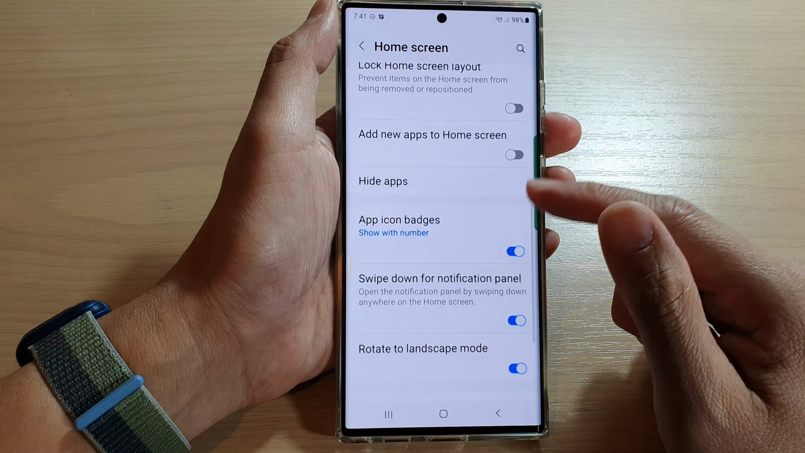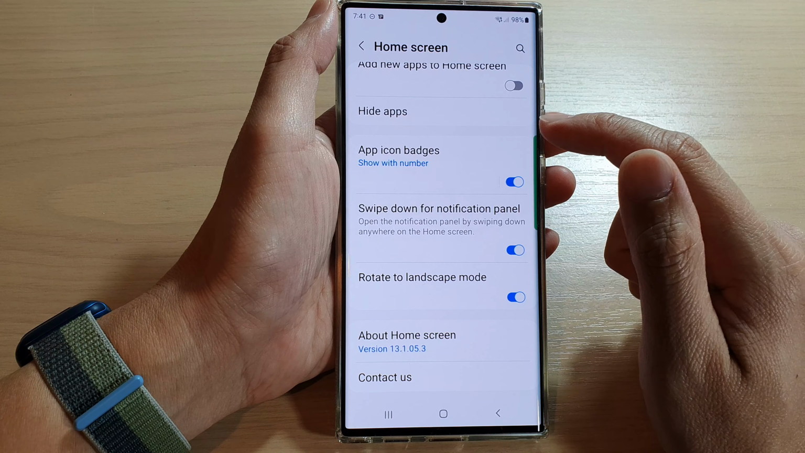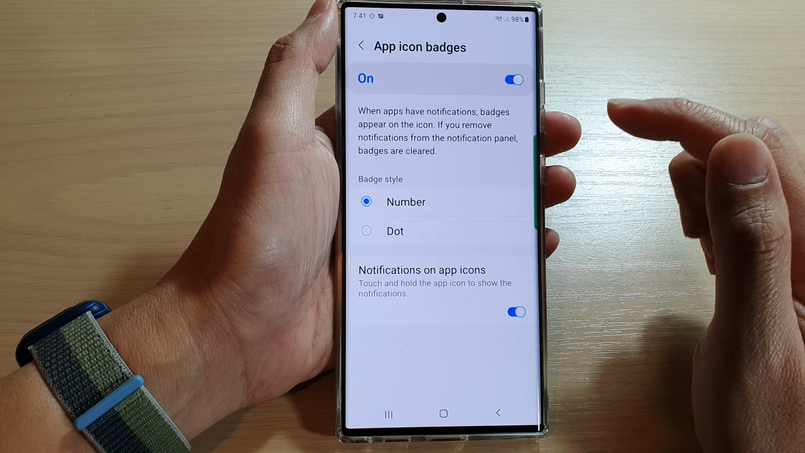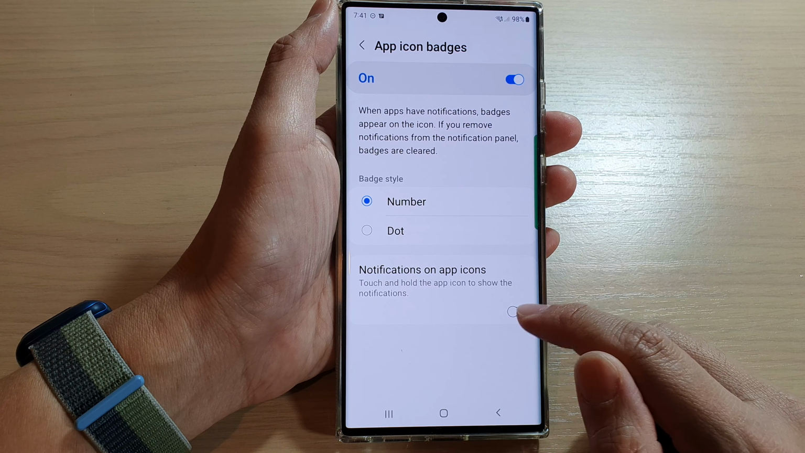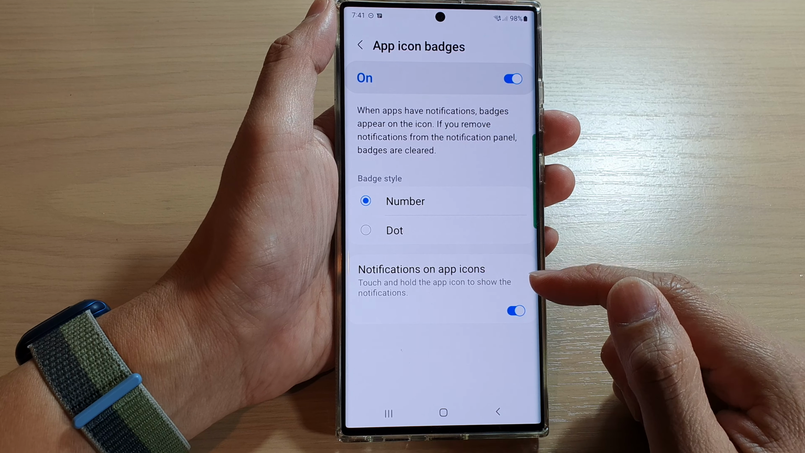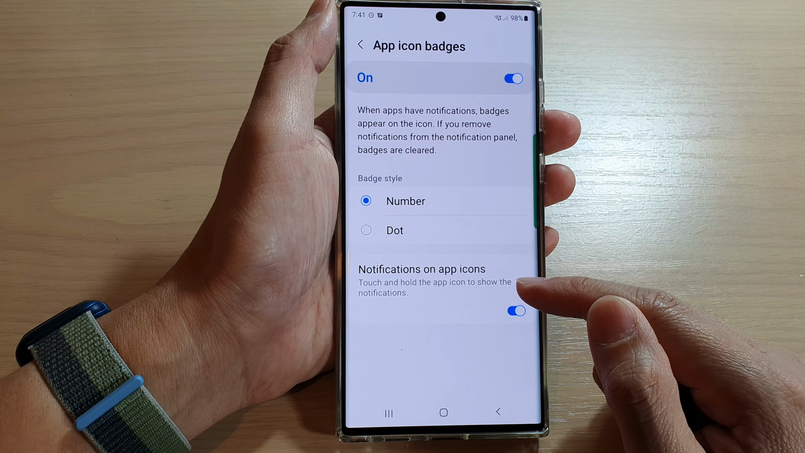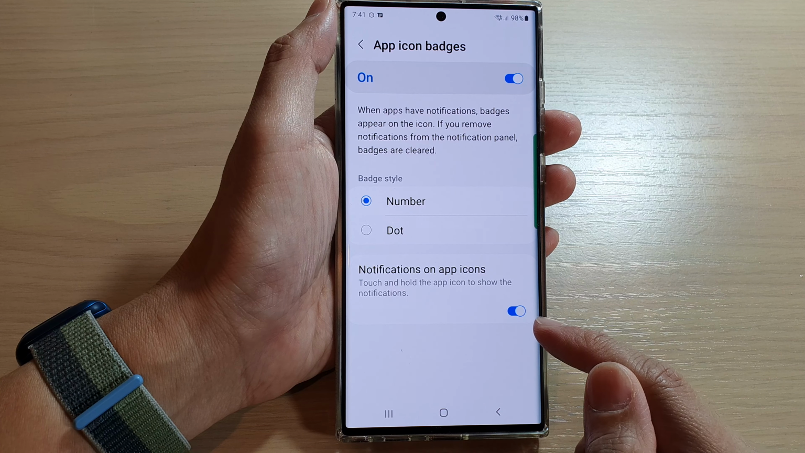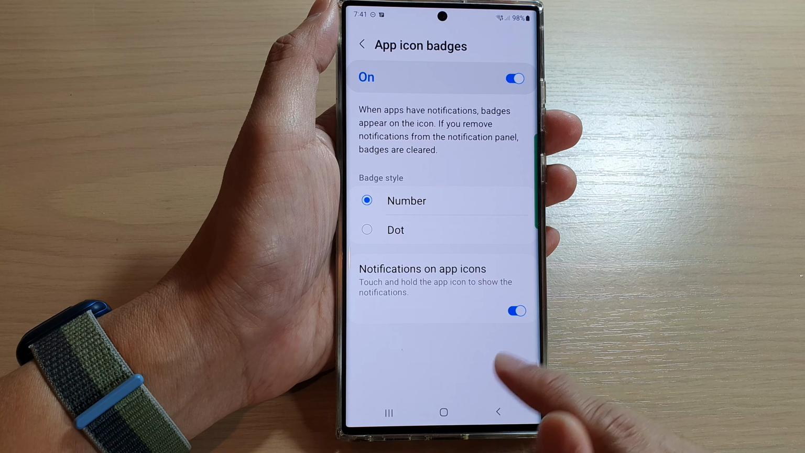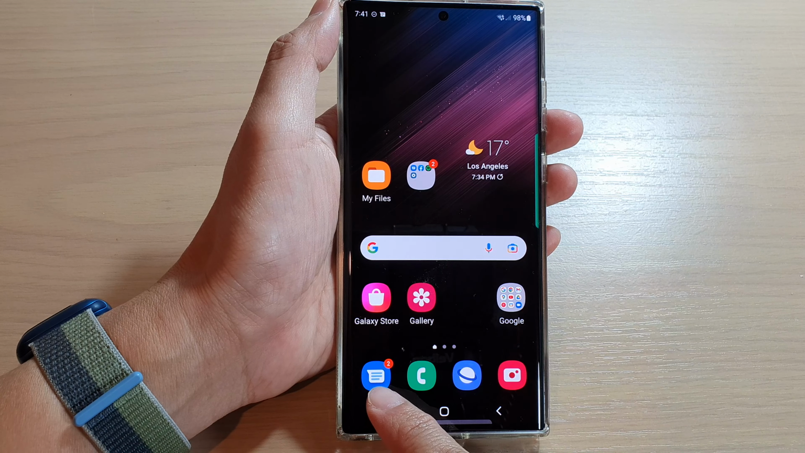Next, we swipe up to go down and tap on app icon badges. In here, tap on notifications on app icons. So what this feature does is that it allows you to touch and hold on the app icon to show the notifications content. So here, now that I have turned on this feature, if I touch and hold on this